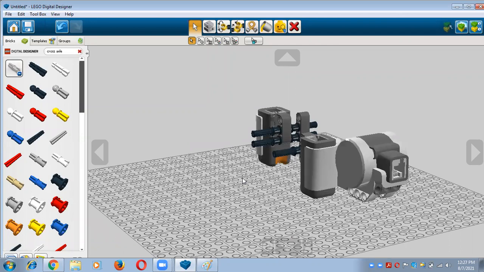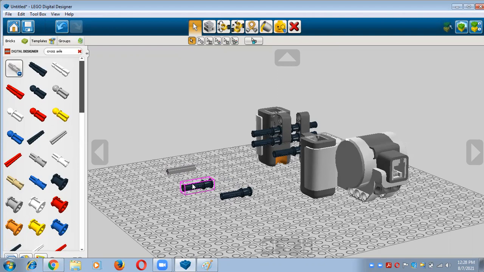Now move on to the next step, and in the next step, the process is simple. Again, you need one cross axle and two frick snaps. So you can take this cross axle and you will take the frick snap from here by the help of clone. So just take it, just click on that, and you will receive one more by just clicking once again, right? So these are the two frick snaps and one cross axle, and by the help of these three parts we can create our own design. That is a simple elephant boat.